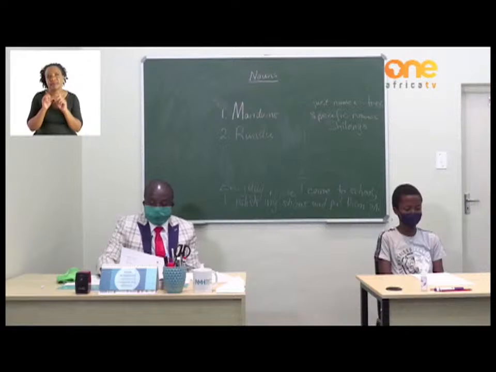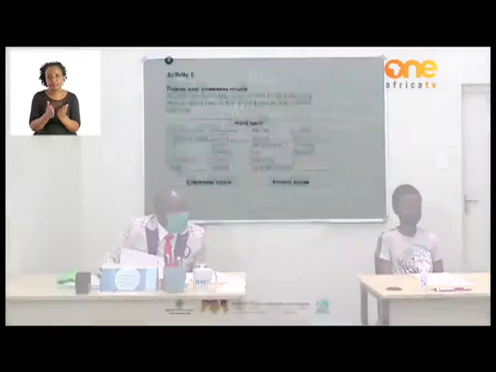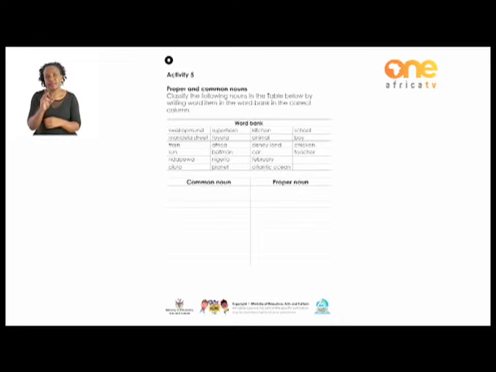Right, let's open on page 8, where we have activity 5. Proper and common nouns. Classify the following nouns in the table below by writing word item in the word bank in the correct column. Let me read again. Classify the following nouns in the table below by writing word item in the word bank in the correct column. Right. We have the word bank there,